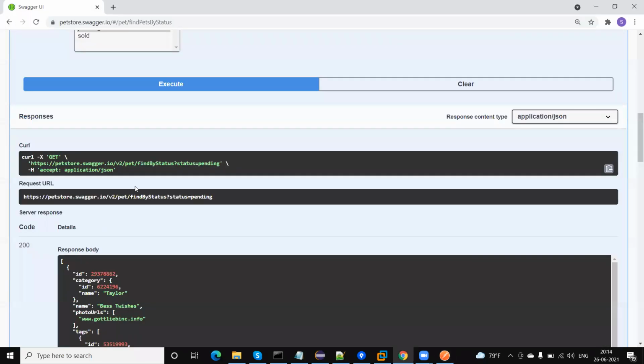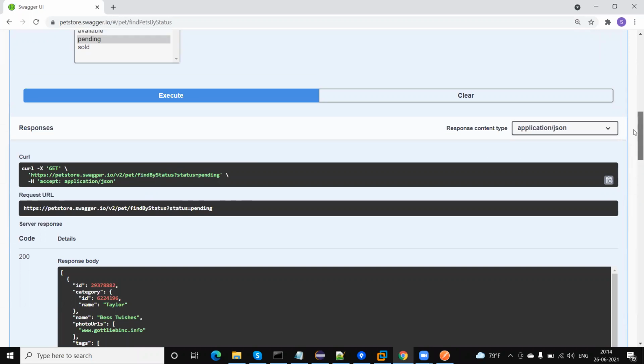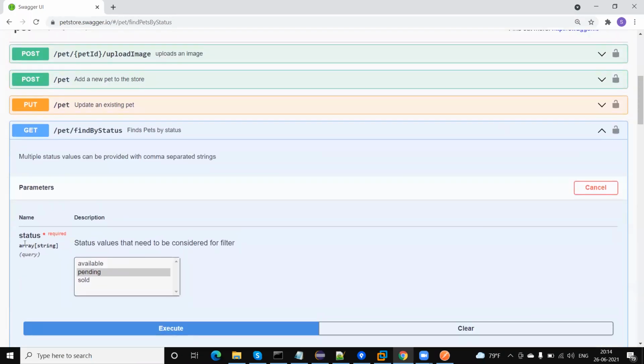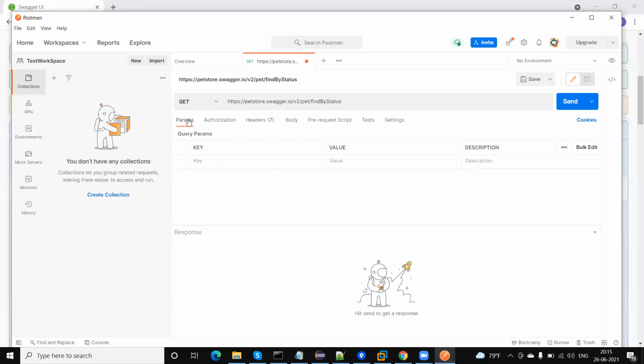So what is next? Next is the query string. As you can see here, in the API's query string, we have the status parameter, and there are three possible values: available, pending, and sold. So we can set it here. You can see these are the query parameters. In Postman, if you need to set the query parameters, select the first tab, Params, and then here you will get the key and value pair. In key, you can use your key like status, and in value, you can give the desired value. You can see that it is automatically appended on top with the URL.